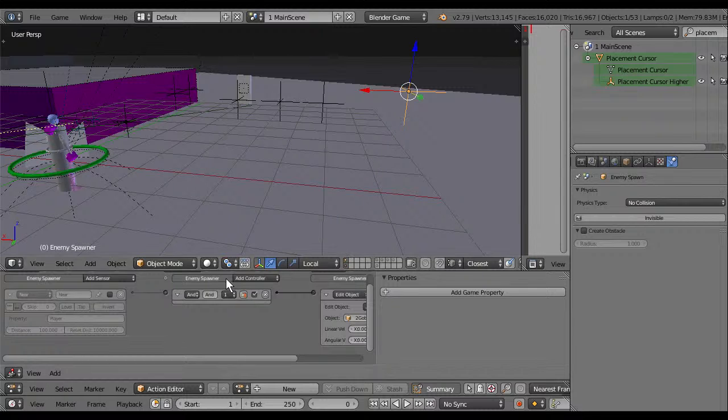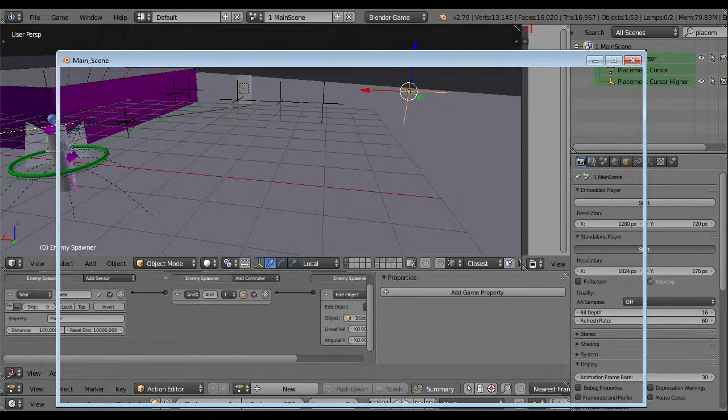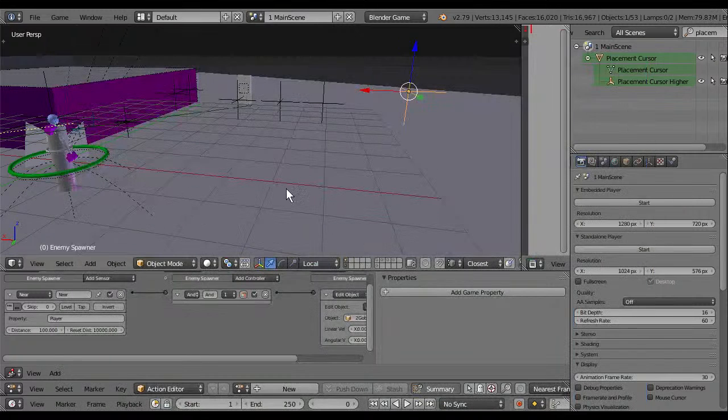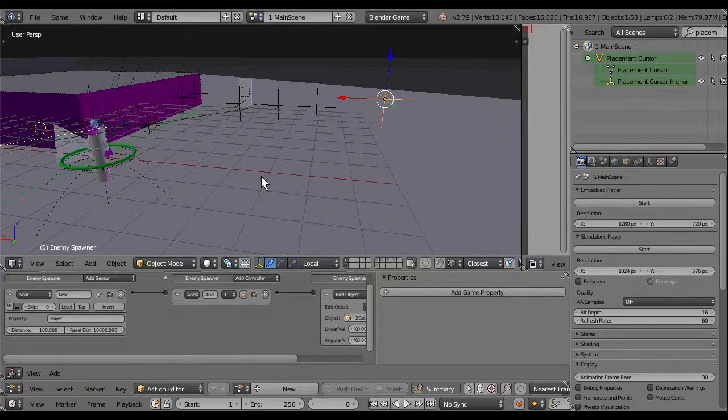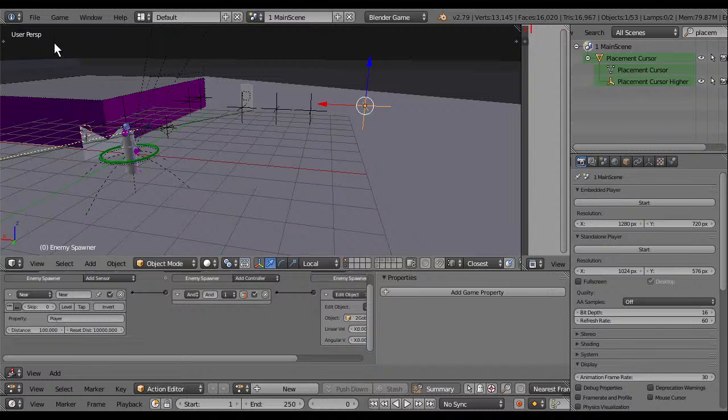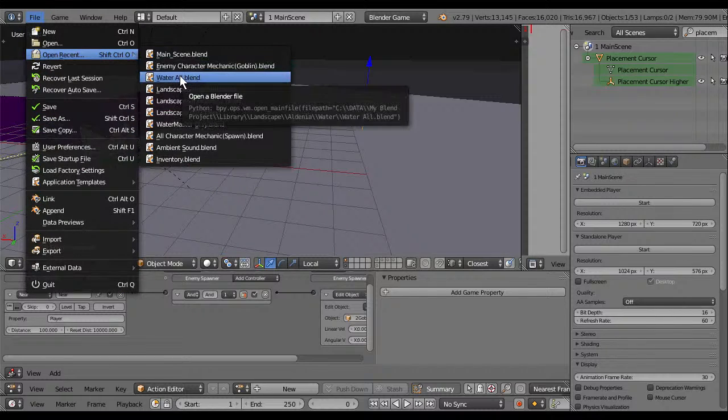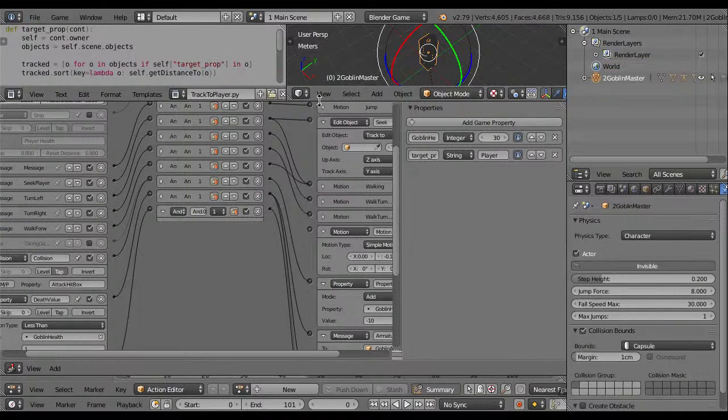Let's go into this. Still doesn't matter. Anyway, next time again.